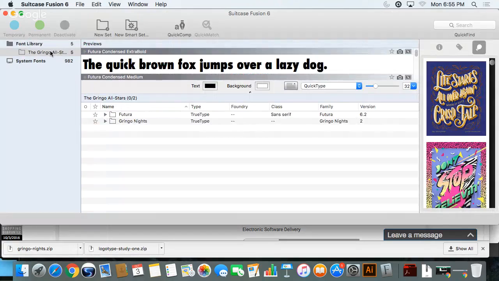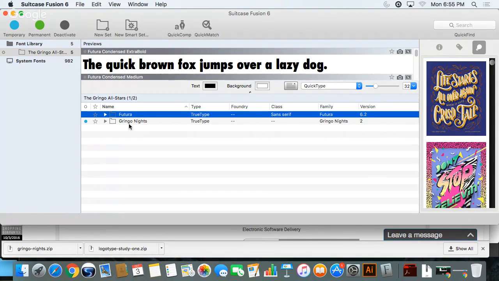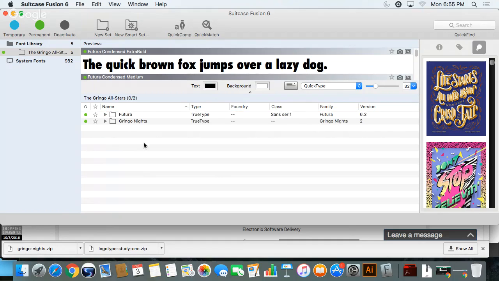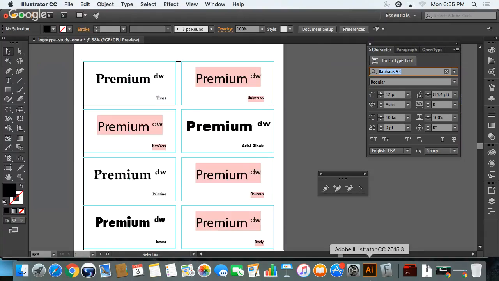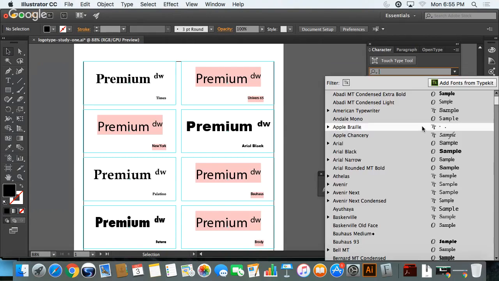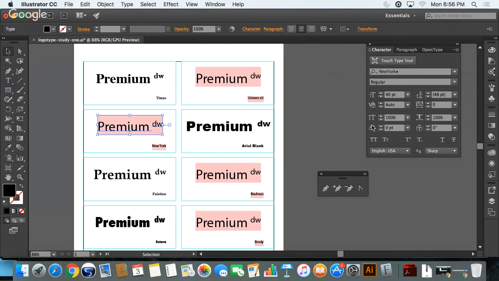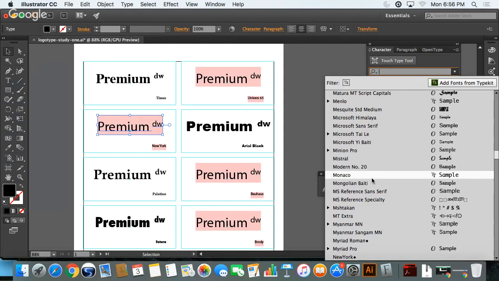So now if you've made a set like this, we can select both of those and activate permanently or temporarily. But now that we've activated it, you better darn well show up in Illustrator here. Gringo Nights. Something worked. I'm so stoked something worked. So we can select this, choose